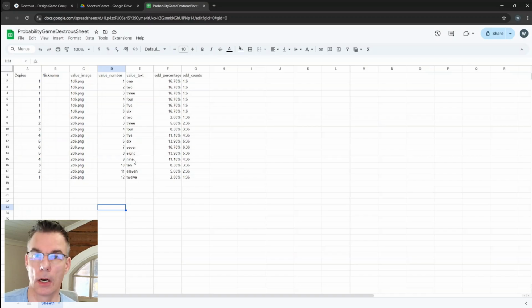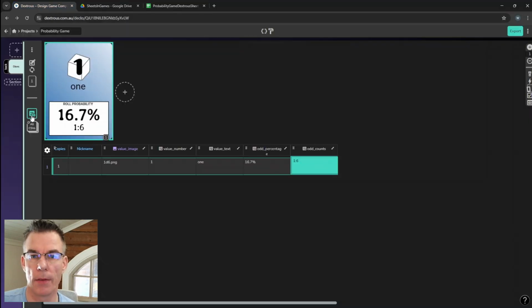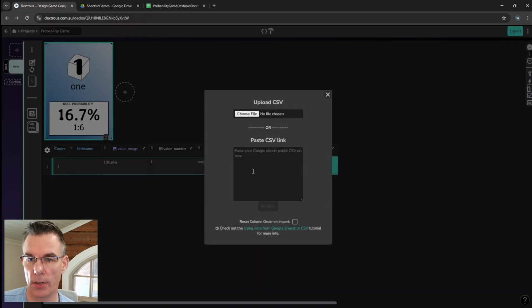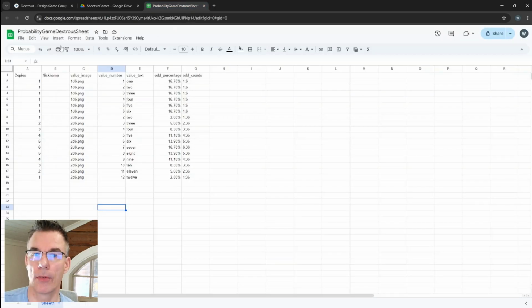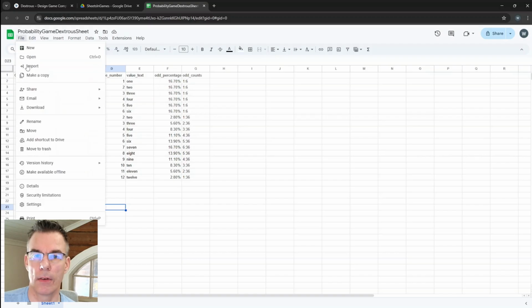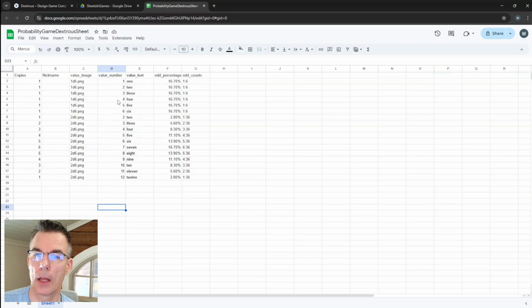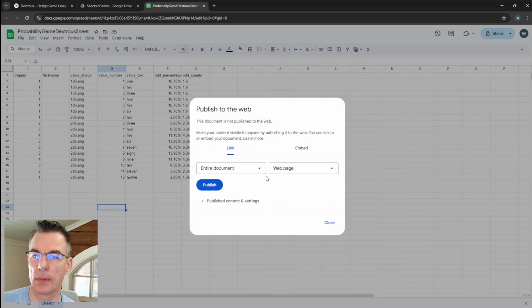So how do we do it? Dextros has this ability that we can link a CSV file to the card sheet. And we need a CSV link, and for that we are going to share this sheet to the internet via File, Share, Publish to the web.